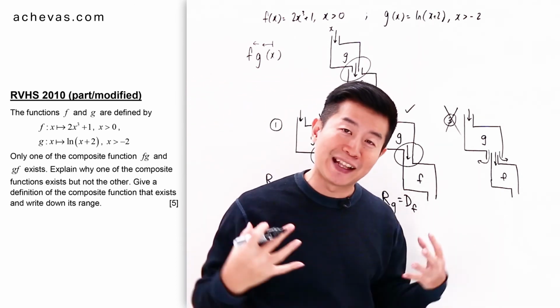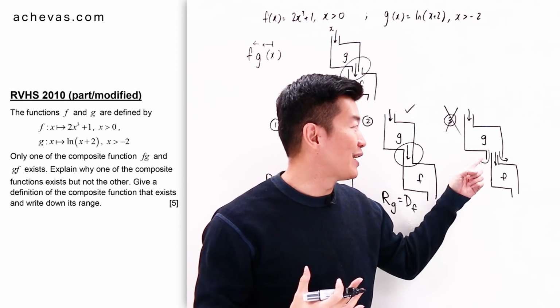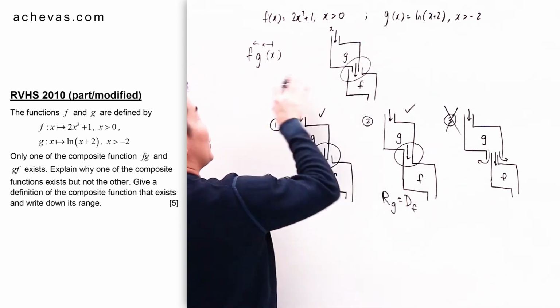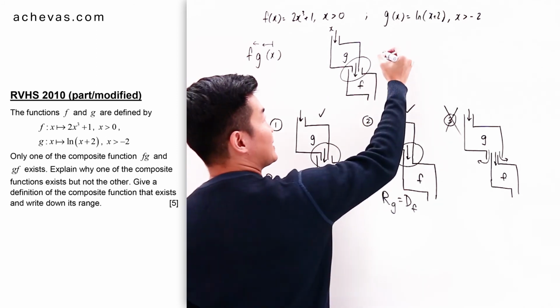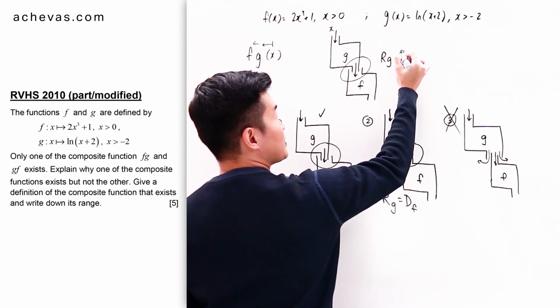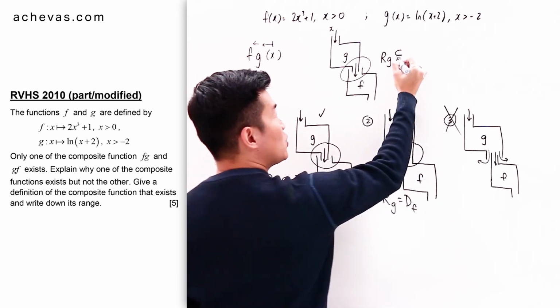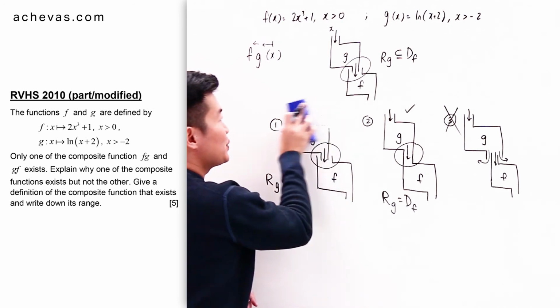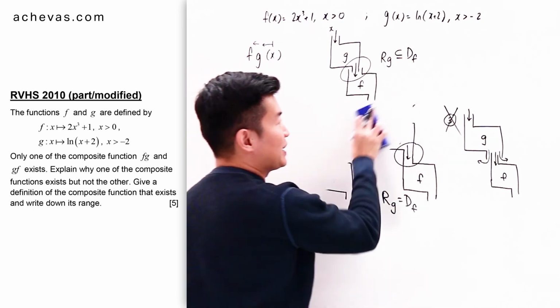It is possible for them to be combined together without having a scenario that is like this. That is why the condition for the composite function fg to exist is that the range of G must be a strict subset of or equal to the domain of F. And this will help us to determine whether this particular composite function